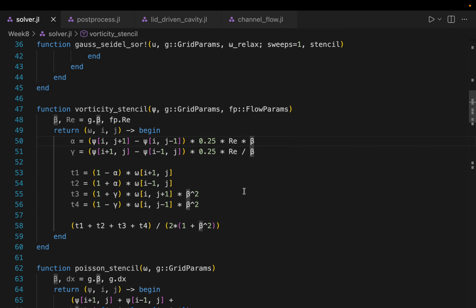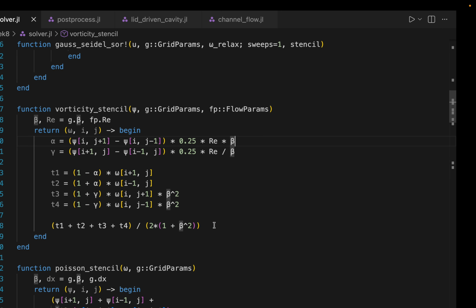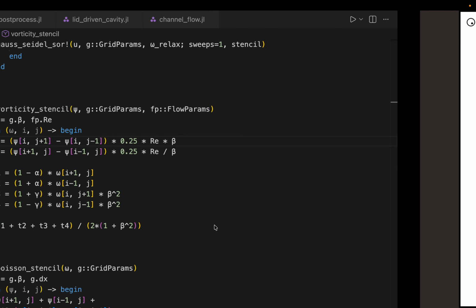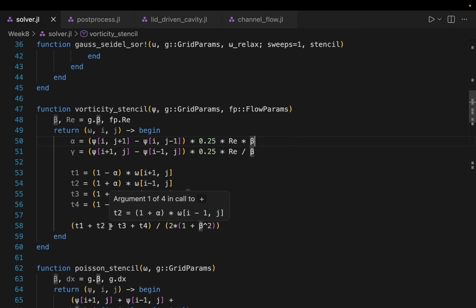So what this function does is it takes in given values of grid and flow parameters, which is the Reynolds number and beta values, and then returns the value of this equation, which is basically from this one set discretized. I'm writing this as omega ij is some function of all other omegas. So what I will be getting is a new value of omega ij that will be used later within the